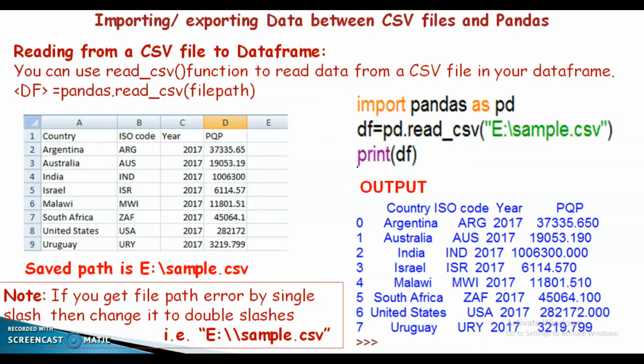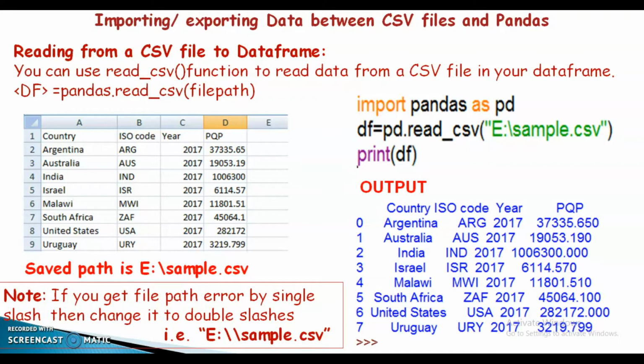Okay. Then here one Excel sheet is there. We need this data in the data frame itself. For that we can use the statements import pandas as pd, df is equal to pd.read_csv. Within the parentheses we have to specify the file path, then print df.